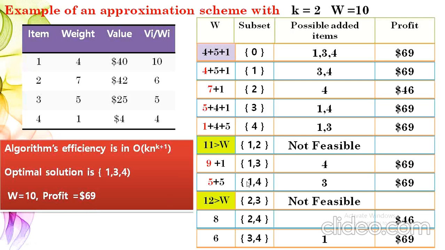And one more important thing is, even though the approximation scheme will be solved in polynomial time, this is only for n parameter. This is not for k parameter. If you want to solve the algorithm in polynomial time for k, we can move to the fully polynomial algorithm. That is the drawback of approximation scheme.